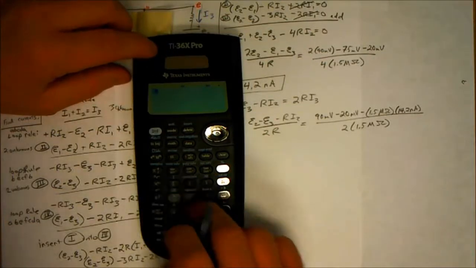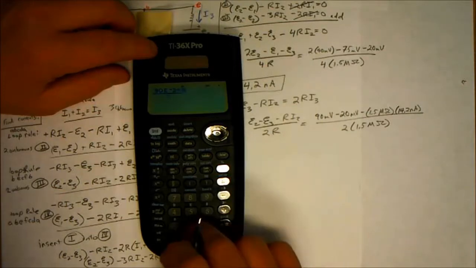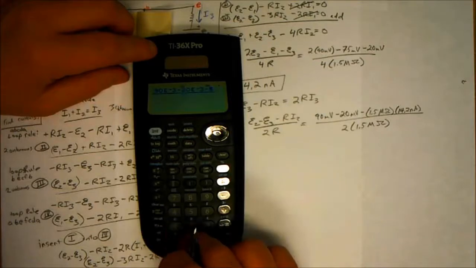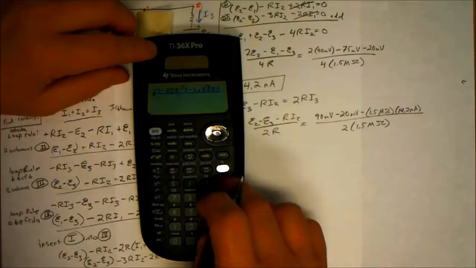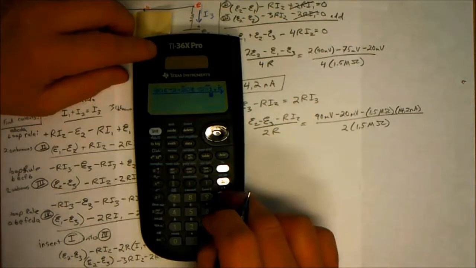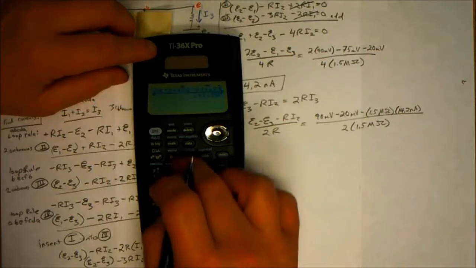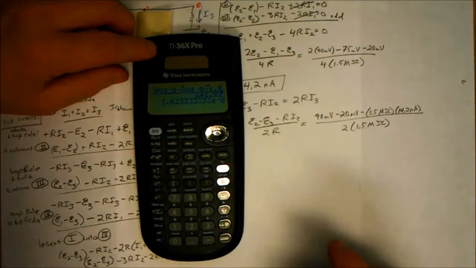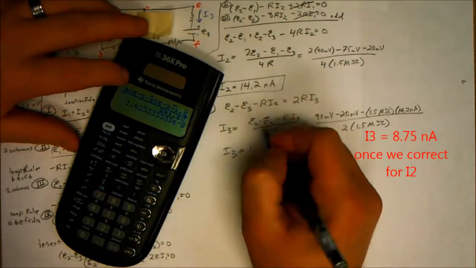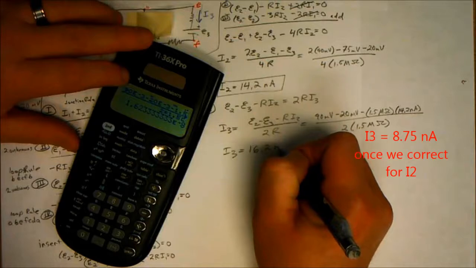Okay, so 90 times 10 to the negative third minus 20 times 10 to the negative third minus 1.5 times 10 to the sixth times 14.2 times 10 to the negative ninth over 2 times 1.5 times 10 to the sixth. So I3 then is equal to 16.2 nano